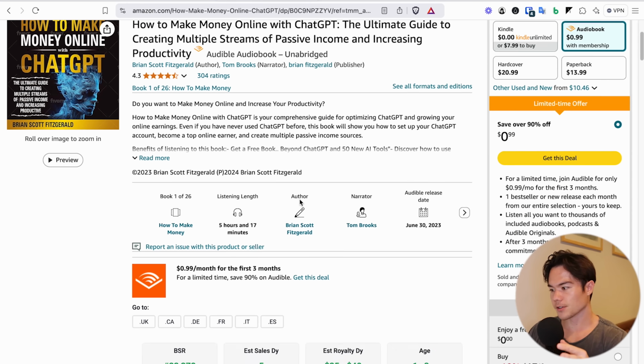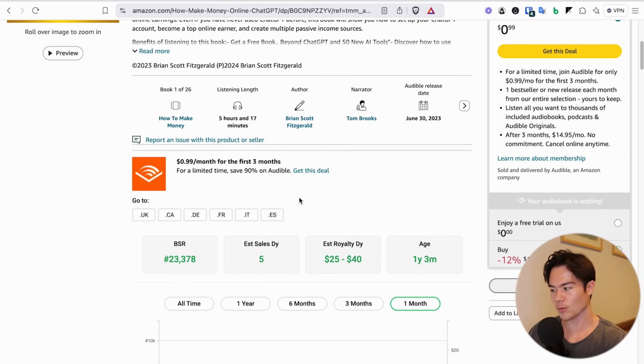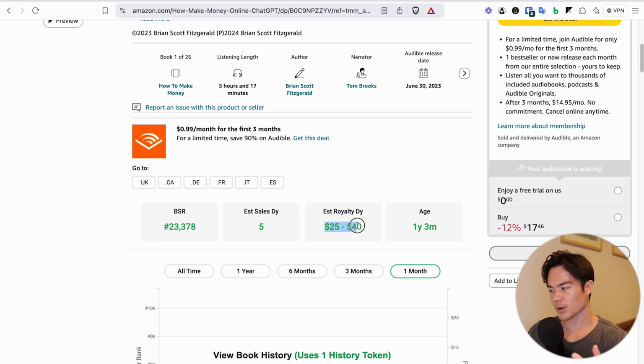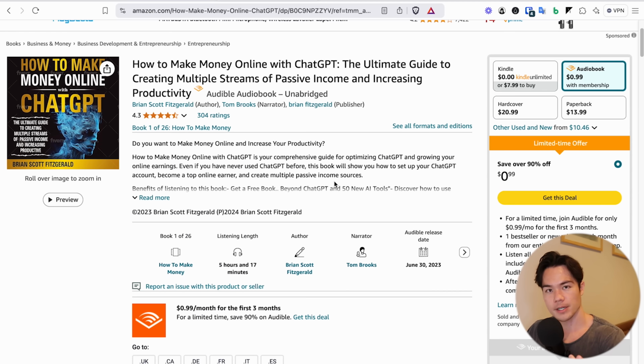The good news is you do have an audiobook version that is selling pretty well, right? So it's making 25 to 40 bucks a day. So this one book, if this is accurate, you're doing like $1,000 a month just from this book, just from audiobooks. And for those who are watching, this is exactly why high content books, in my opinion,